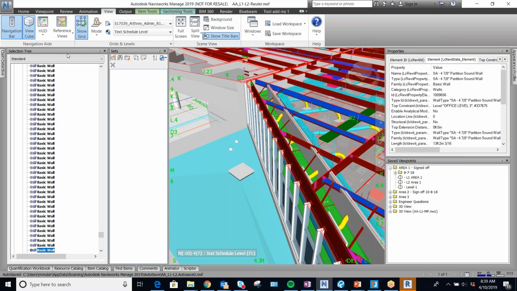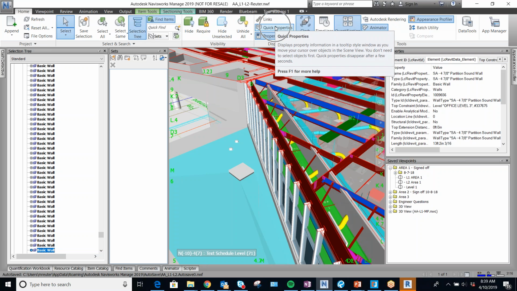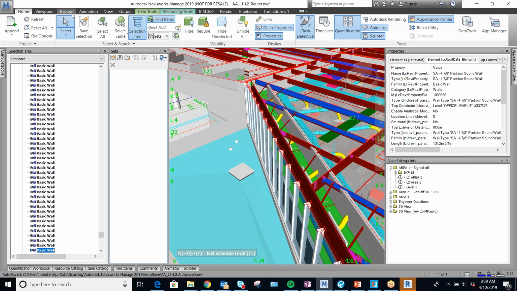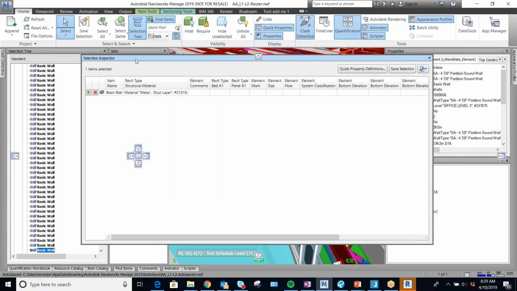Okay, so to set up our quick properties, first make sure that you've got them turned on. So come over here to the Home tab. Make sure that the Quick Properties button is blue. Then to set them up, let's pick the Selection Inspector. Okay, and when Selection Inspector comes up,